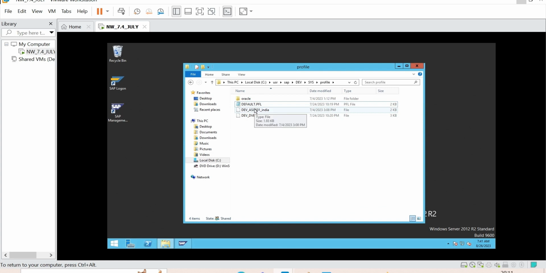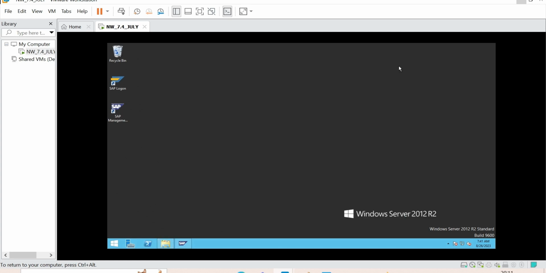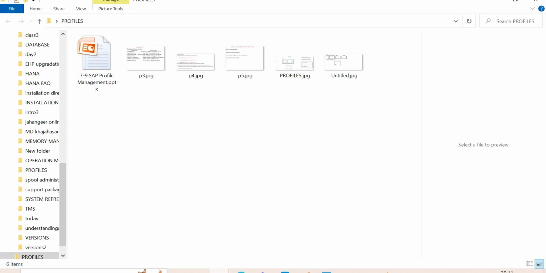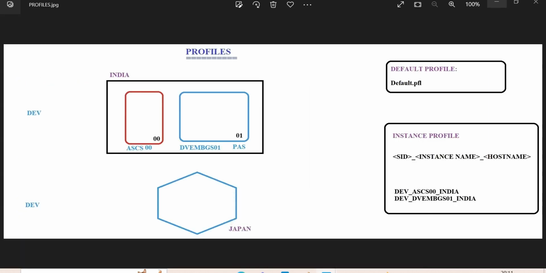Remember that. Here we have two types of profiles in SAP: the default profile and the instance profile. What is the default profile? Default profile means common information of your SAP system, and it will be stored in the default profile. What is the instance profile?